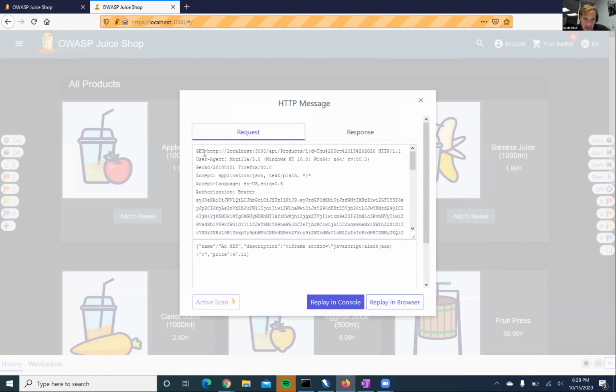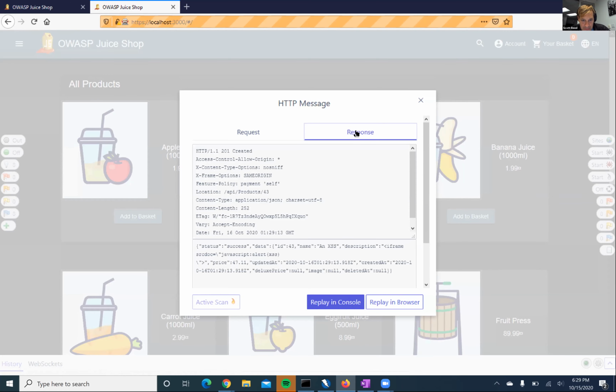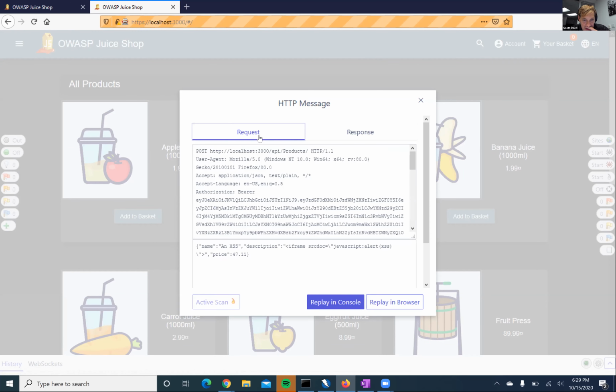Then go back over, POST, and there's products. Get rid of that, leave HTTP1. There's the name. Replay in browser or console? Let's try console first. It looks like it got created. ID 43.